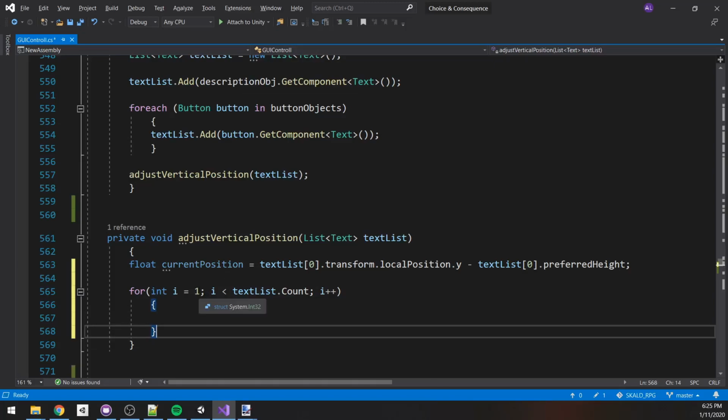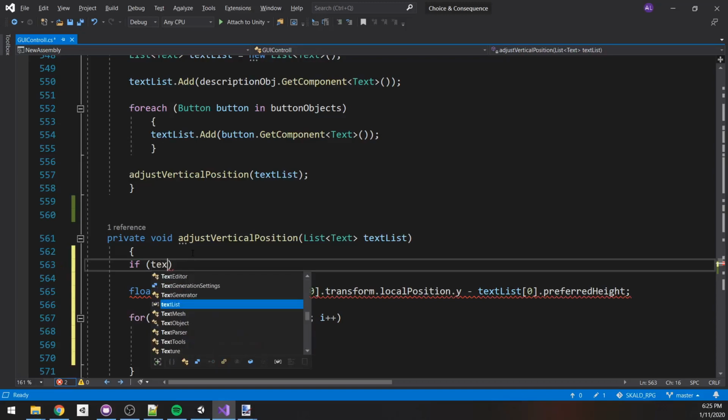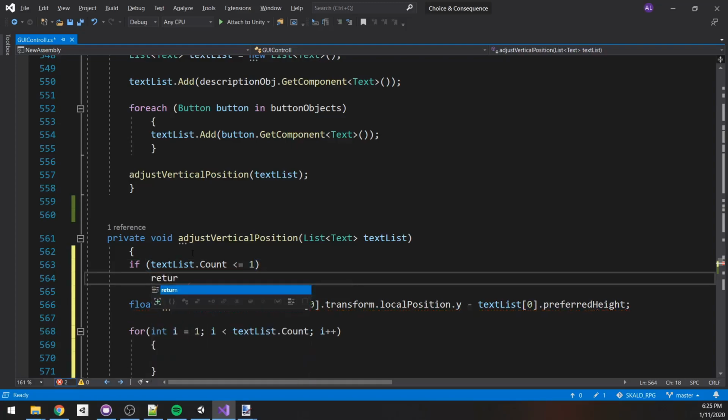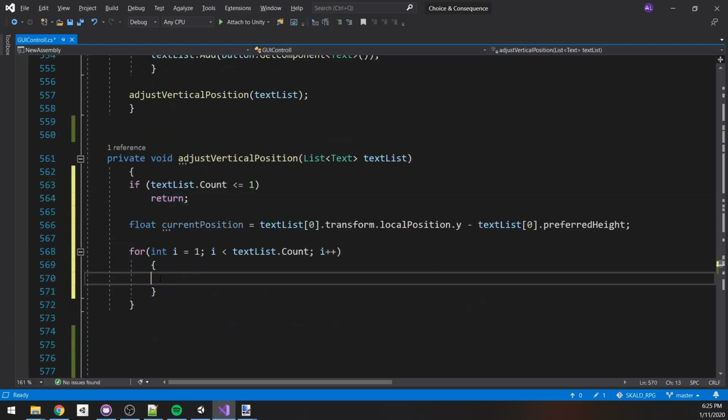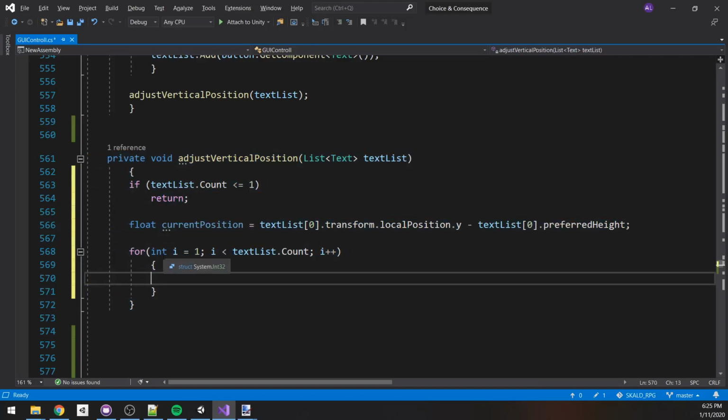And since we are starting on i of 1, we should probably also add just a small little safety precaution up here to see that if the text list count is smaller than or equal to 1, there is no use in performing the rest of the algorithm, because otherwise we could potentially end up with a bug, an error here, because we would try to